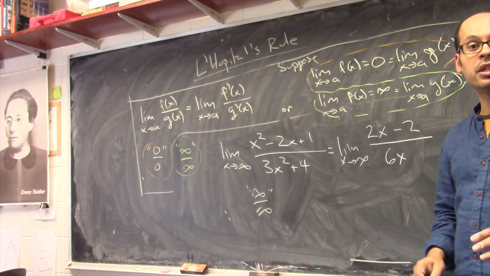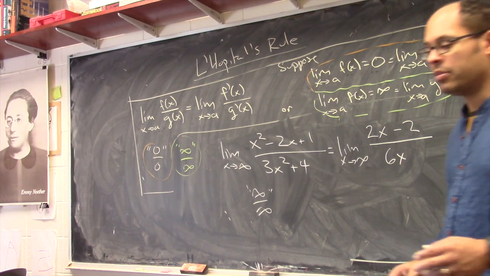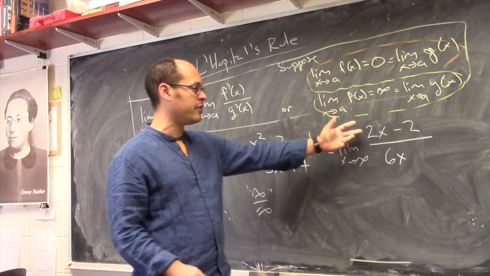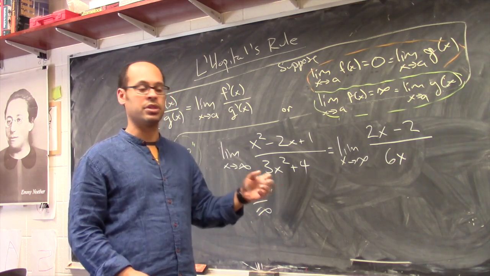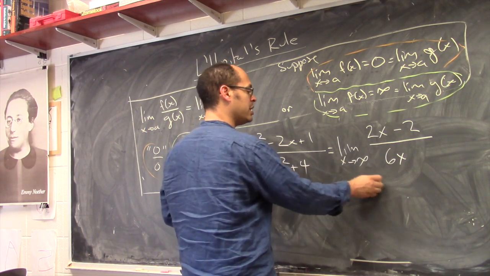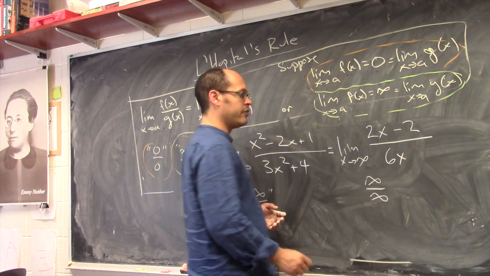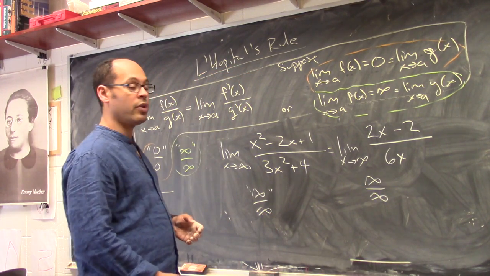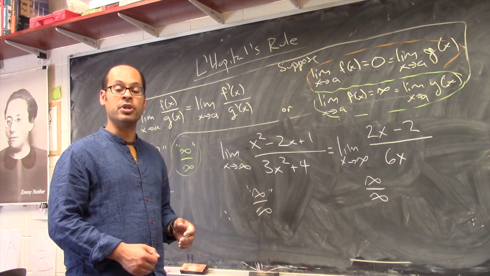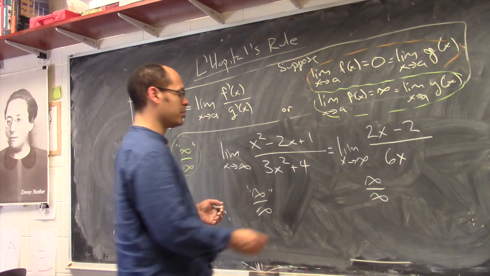Okay, this is much simpler, but it's not done. The problem, of course, is that still we have an infinity over infinity situation. If we were just to look at the top and bottom individually, we see that they both get large. We have infinity over infinity, and therefore, infinity over infinity being one of our legal indeterminate forms, we can apply L'Hopital's rule again